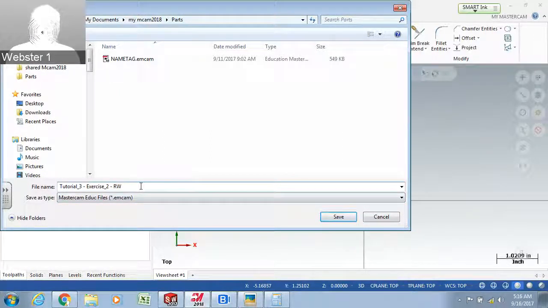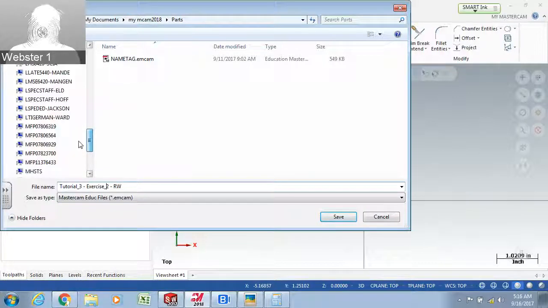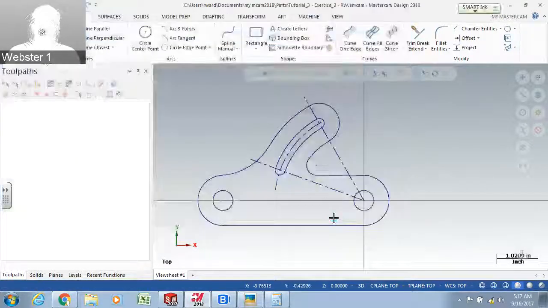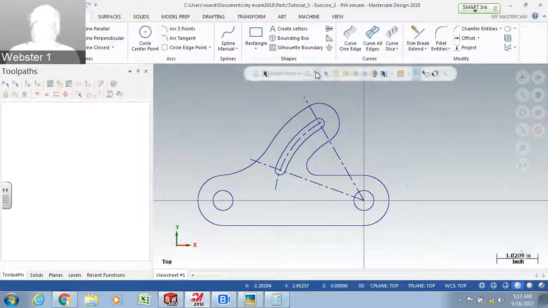So go ahead and save it to your Z drive. In your case, it would be probably easier. I've got a lot of stuff, but here's my R Ward folder. You should see your username there and store it on there, not on your local My Documents computer settings. So make sure you're saving it and you know where you're saving it, and it's not on the C drive, but on your Z drive. So go ahead and save it, and that's it for this